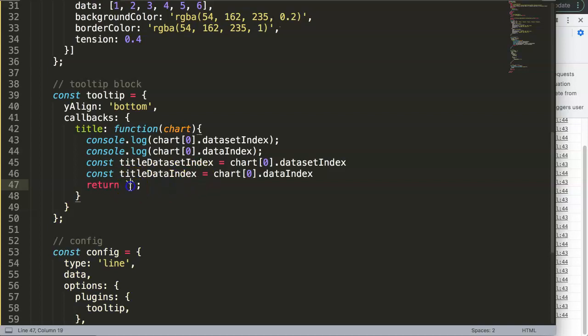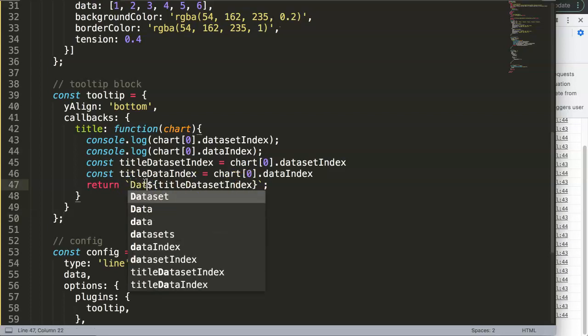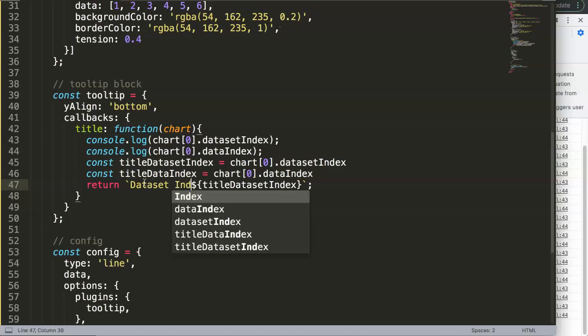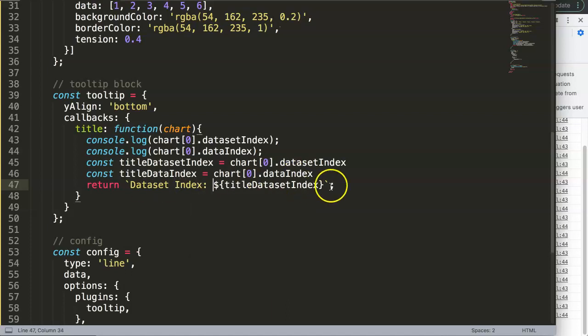Alright, attention here. Backticks are not single quotations. See the difference? Backtick is very close on your keyboard to the escape button, just below there, if I'm not mistaken, especially on the Mac. So what we're going to do here is we're going to just grab this and then we say here, $, curly braces. We get this one, then we can say here, like text, our data set index equals this. Then we say here, and data index